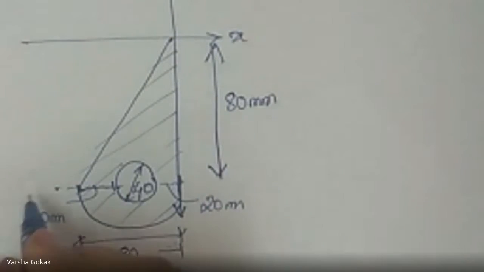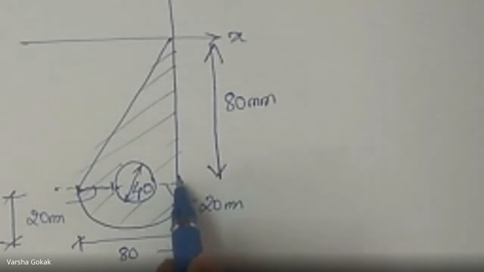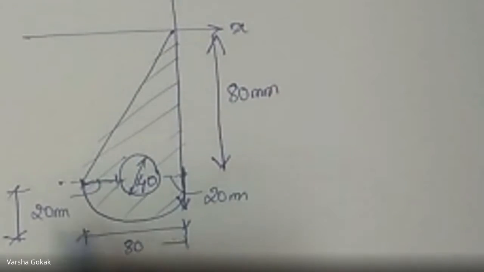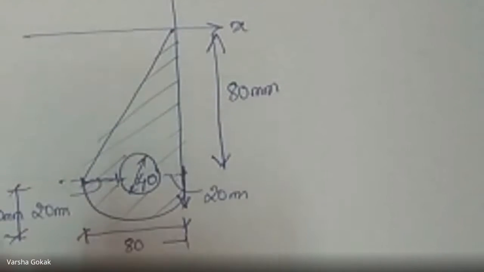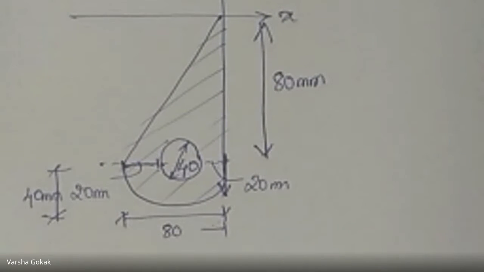Now coming again, I also require this radius, right? This is 20. This is not given. No radius. The small circle diameter is 40. This semicircle's radius is given to be 40 again. Okay. So this is the figure. Is the figure clear? You can put it into the chat box.